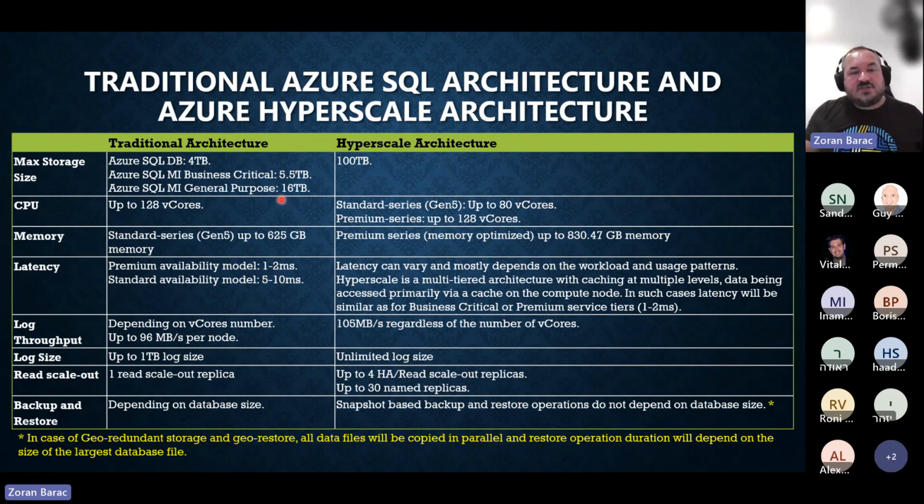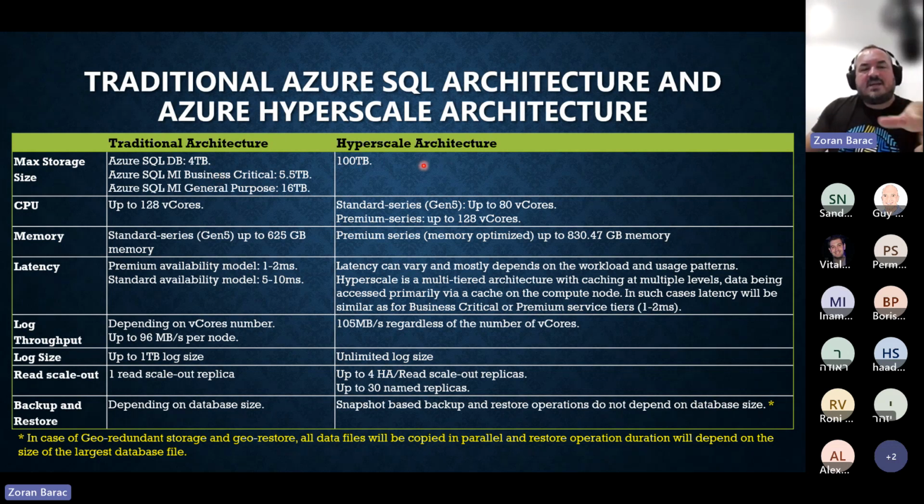Then for a MI general purpose it is 16. So why would there be that big difference? Look, we can debate that, but I would say it's because business critical is fully synced, so you need to take care of those commits in the back. They need to be synced. With general purpose, even if there is a delay, you don't have a secondary you need to read from, because it's not available as on business critical. Yes, if you enable read scale-out, you want the data to be synced quite quickly. So to accomplish the SLA, they need to limit and put a cap on the log throughput, which we're going to explain here.